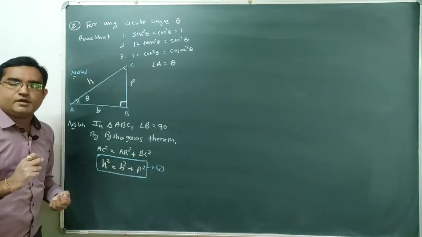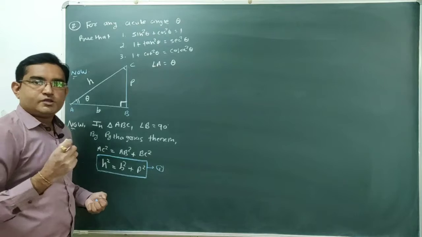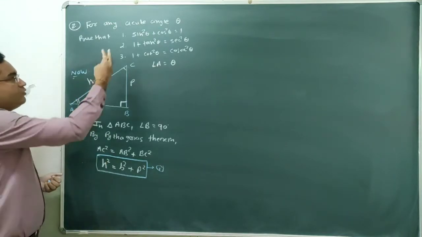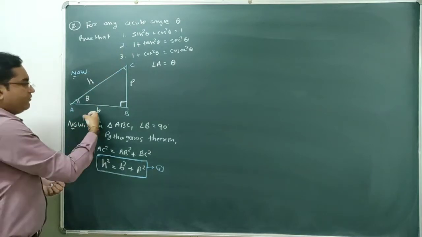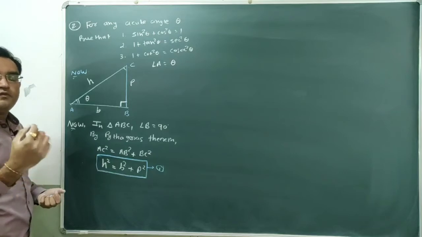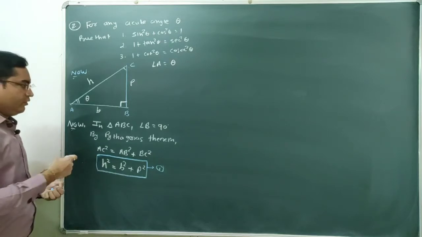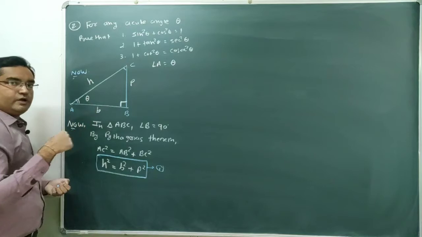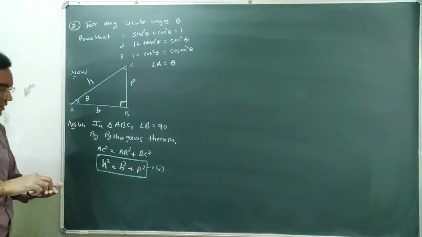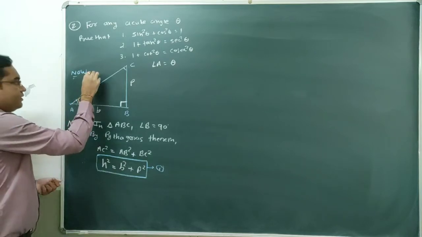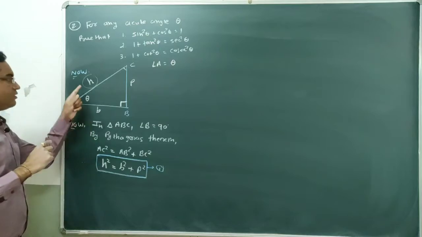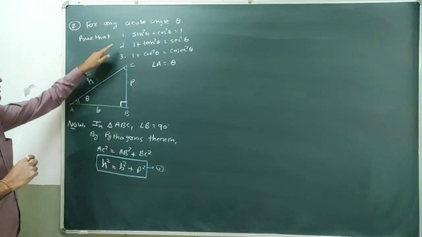Now what is our objective? What is our goal? Our goal is to derive all three trigonometric identities for this right angle triangle. Here we are having three sides, so we are using all three sides of the triangle one by one to obtain our trigonometric identities. And for that, I am using first side, that is H. This is our Pythagoras theorem. Now I am using this first side H. Done. To derive these identities.